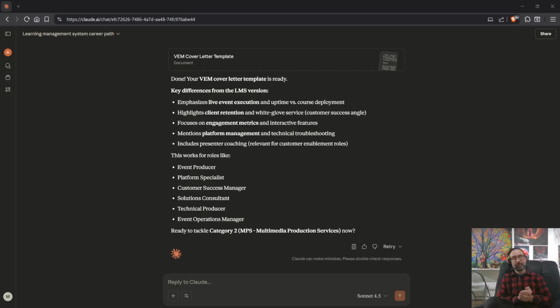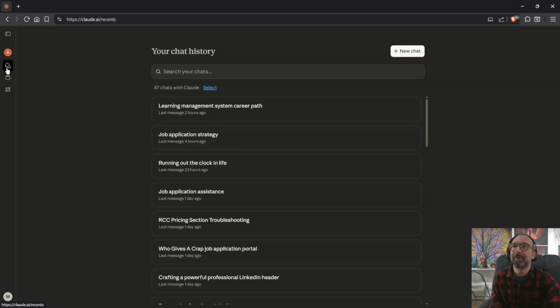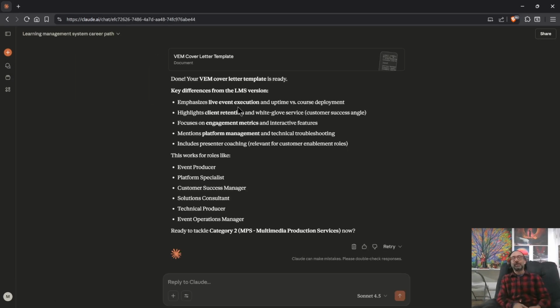It can be trained. I want to say that I've trained it enough. Let me just take a quick look. I have quite a few chats. Yeah, I've got lots of chats in here. So I'm pretty confident that I've trained it to speak and think like me to a certain degree. I don't know how much memory Claude has versus ChatGPT, but it has definitely gotten to a level where it accomplishes most of the time what I want it to do.